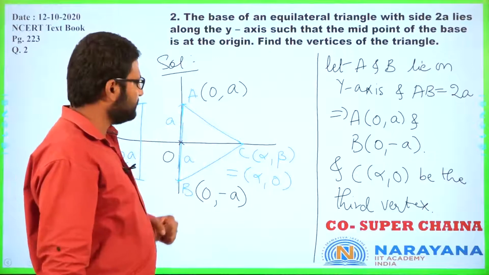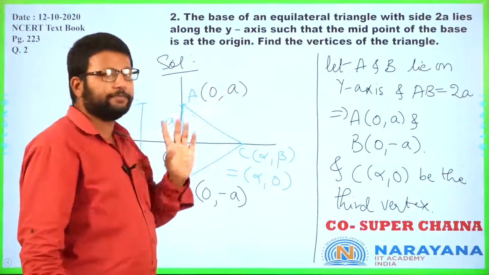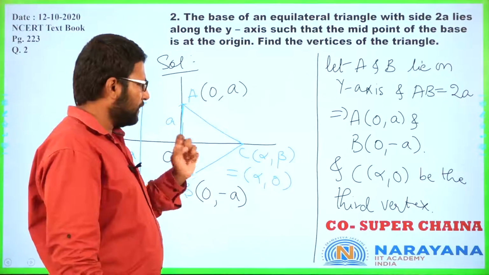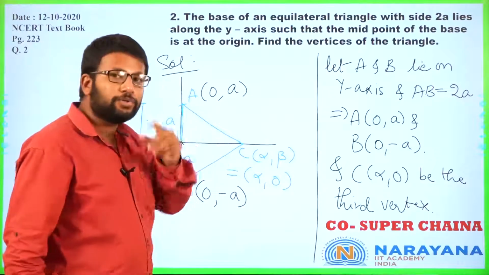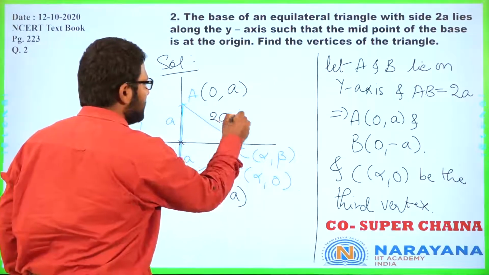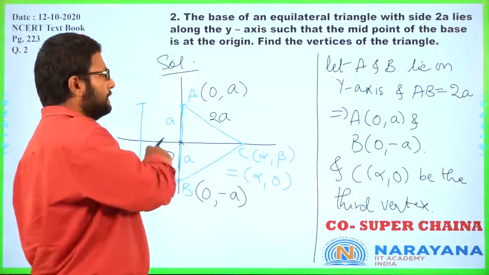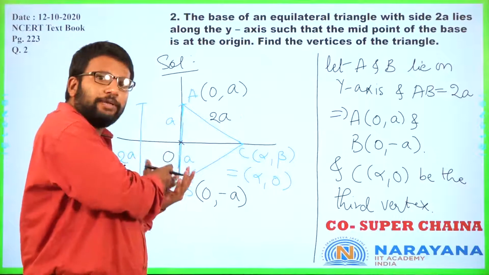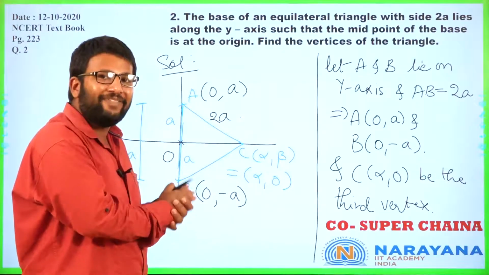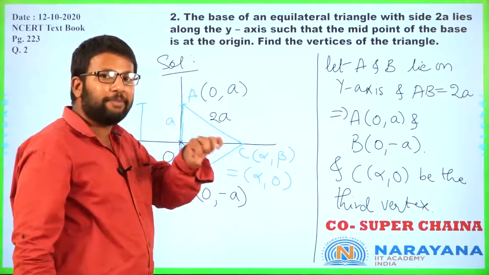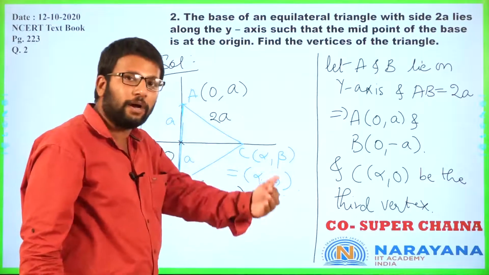Now, look at AC. You know 0 and A, because A is given in the question, which means you know A. You need to find alpha, and you know the length AC. What is length AC? Also 2A. Now that is where a lot of students get confused, because they are not able to figure out that I should use this piece of information. So always keep in mind, in coordinate geometry at least, every piece of geometric information can be translated into one equation. And if you have one equation, you can solve for one unknown.